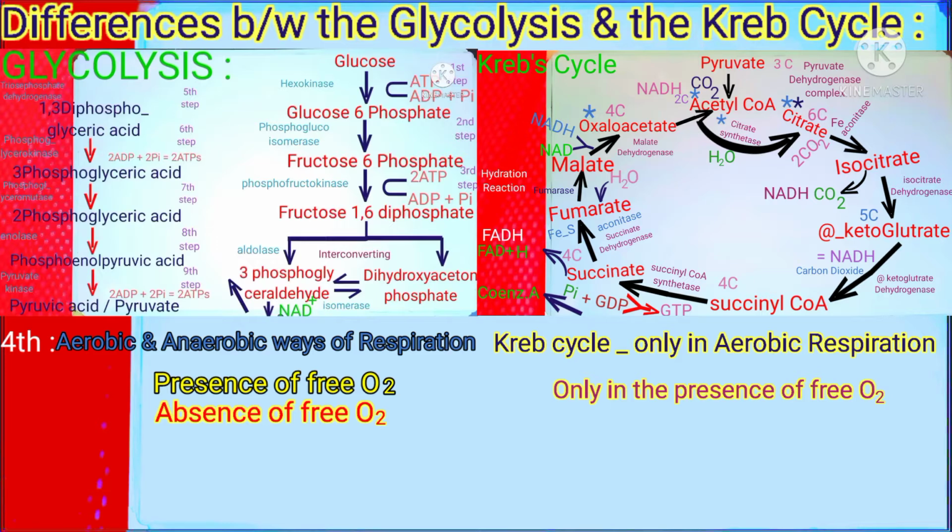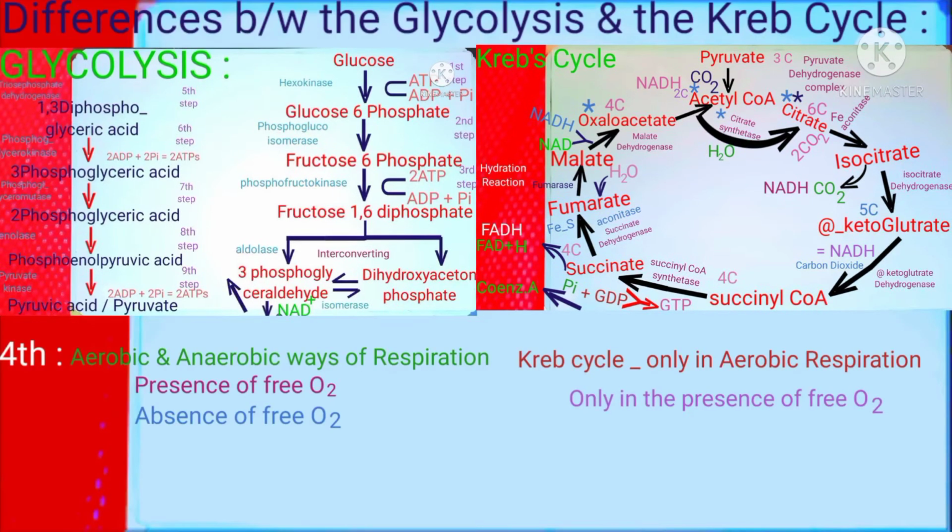As glycolysis is a primitive mode of respiration, it happens in both aerobic and anaerobic conditions, meaning in the presence of oxygen and in the absence of oxygen. Whereas the Krebs cycle occurred after the evolution of complex organelles such as mitochondria,